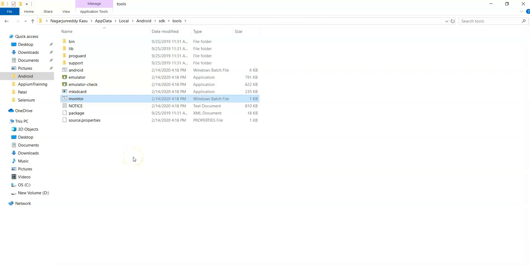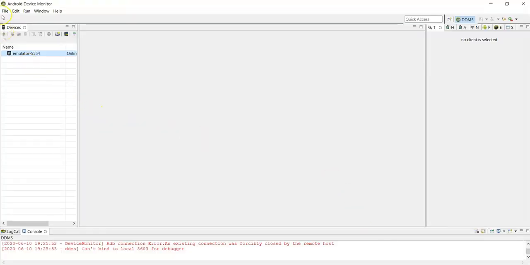Now you can open this monitor tool by double clicking on the monitor batch file. Just double click on this monitor file, so you can see this tool. It looks the same as UI Automator viewer, right?